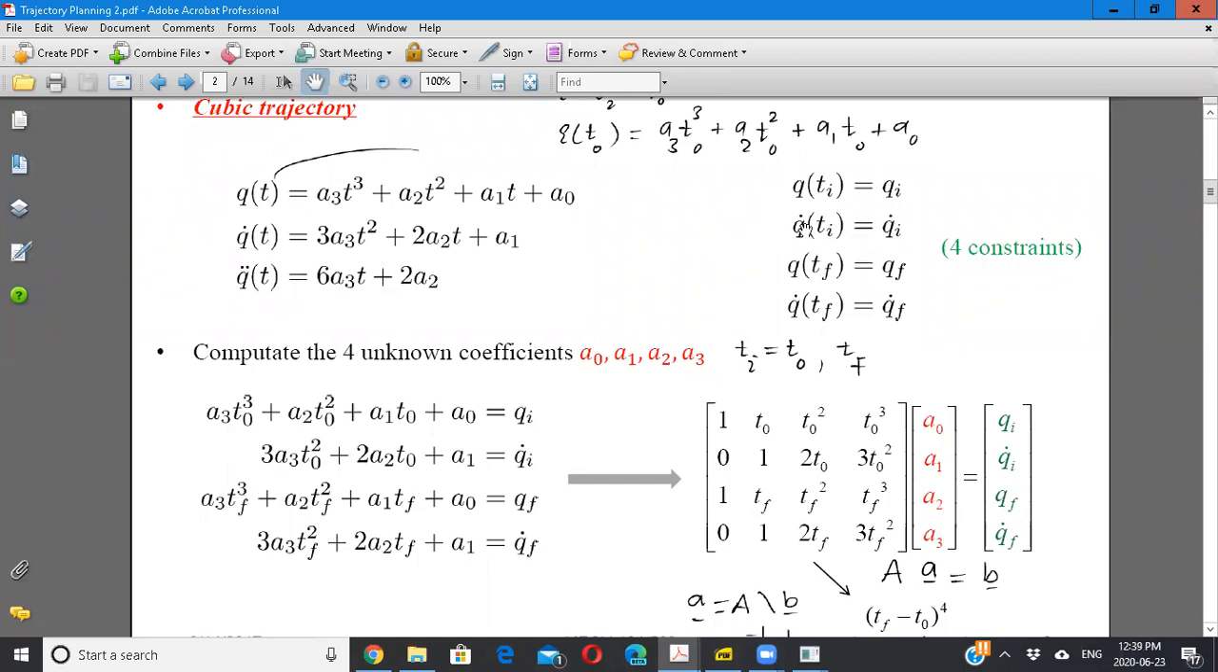use this initial condition too. At time t0, the velocity was qi dot. So now put in this expression for the velocity, replace t by t naught. So you'll get a1 plus 2 a2 t naught plus 3 a3 t naught squared. And in its place comes q dot at t naught, it was